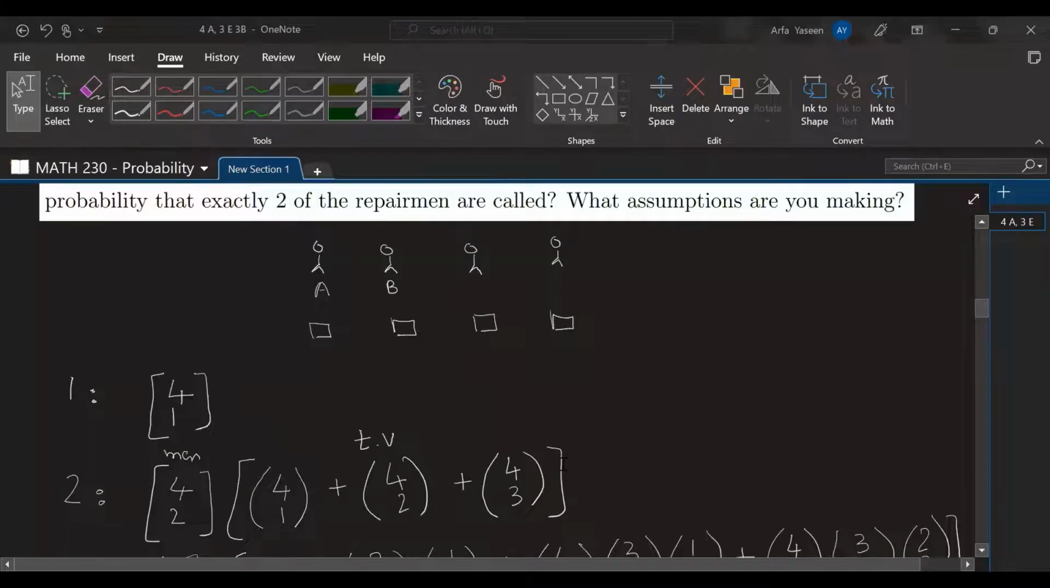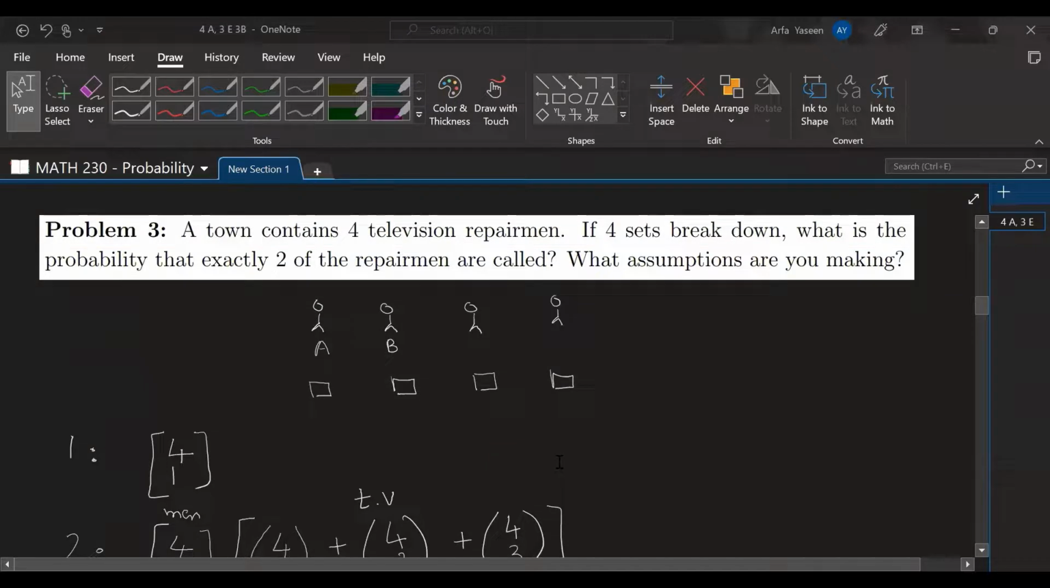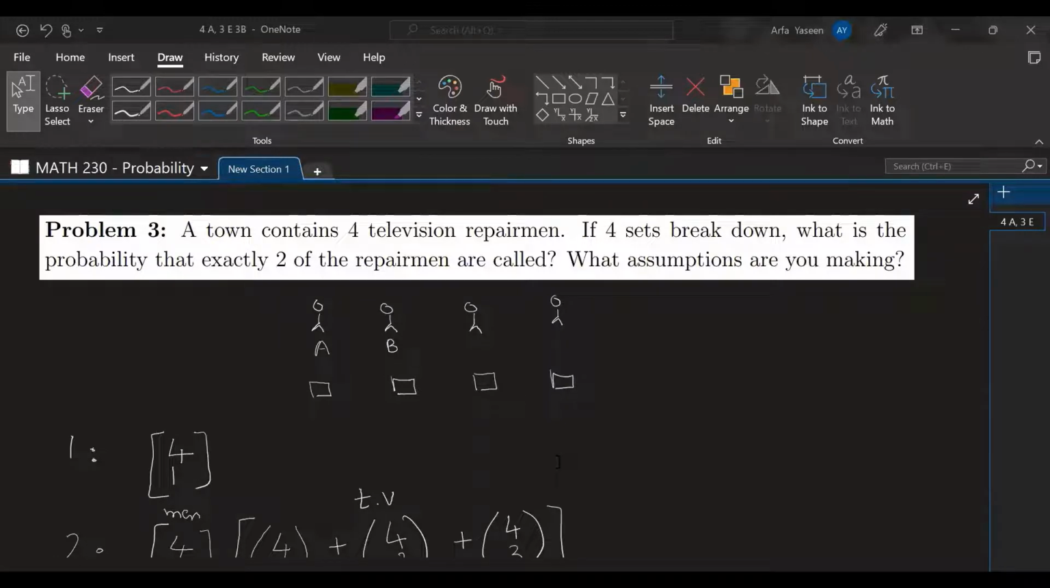Actually, wait, let me explain the concept again. So we have 4 repairmen, right? And 4 TV sets. What the important part in this problem is that there are 2 levels to this, right? We can choose the repairman, and then for those repairmen, we have to assign the TV sets, right? Like for instance, I can choose